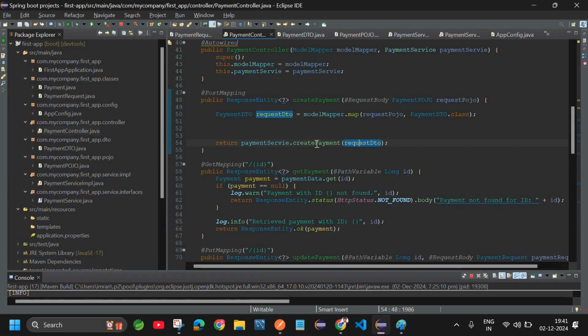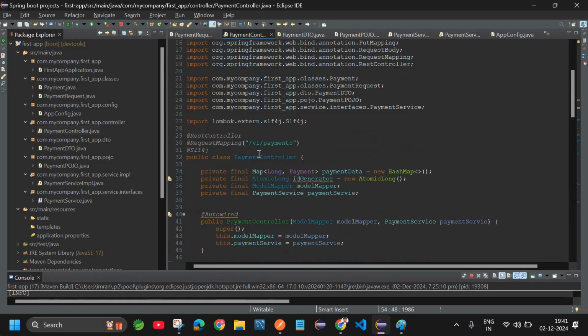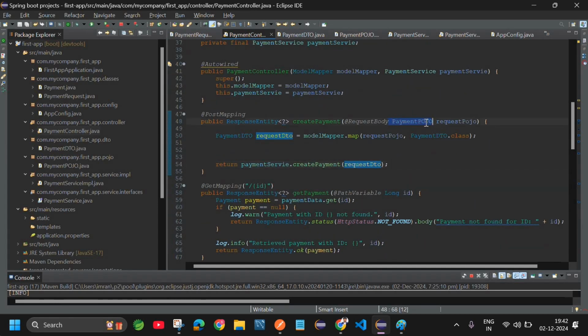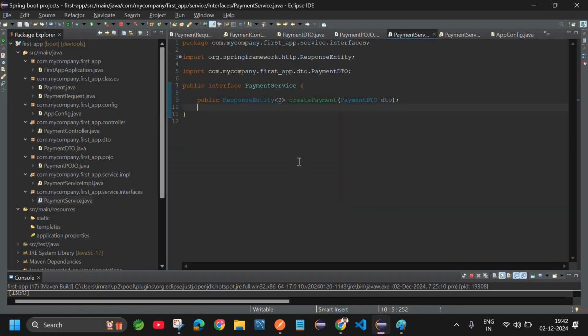From Postman, I have called v1/payments and passed the payment POJO object. And here the payment POJO object is converted to payment DTO, and the DTO is passed to the payment service. Here payment service